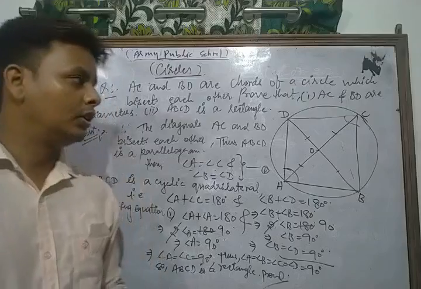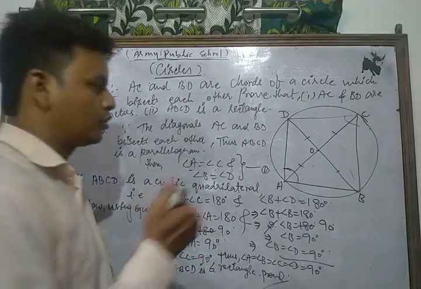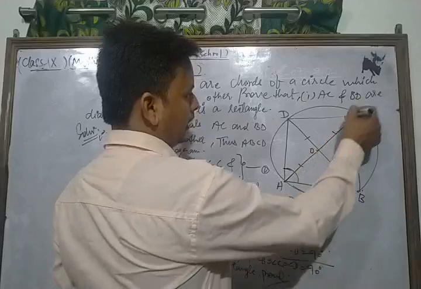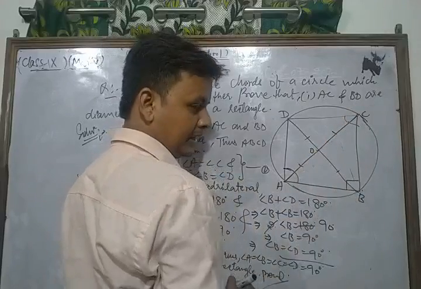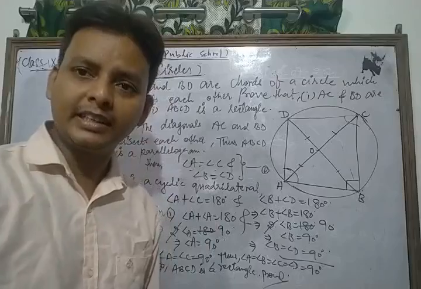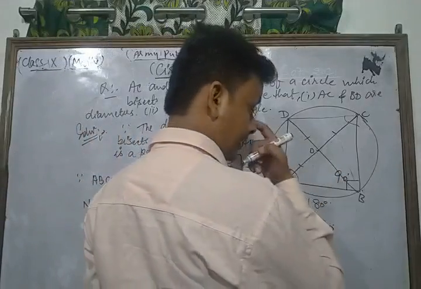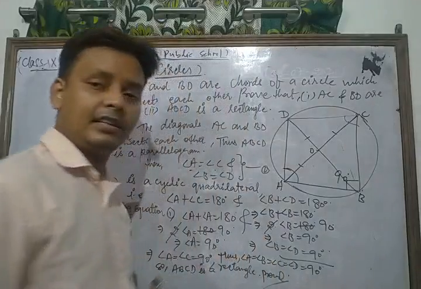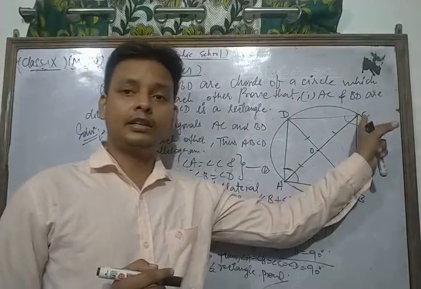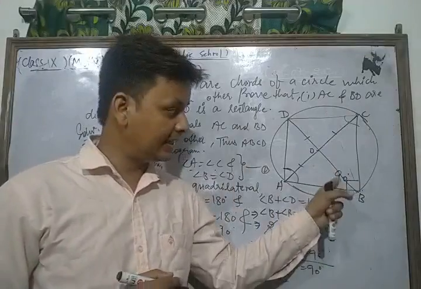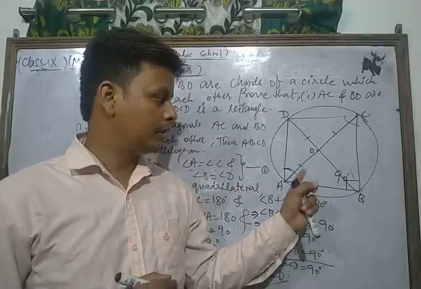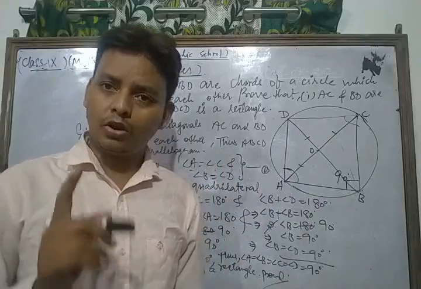It is very clear that they are diameters. Look, if we consider arc ABC, and angle B is 90 degrees, then we know that the angle in a semicircle is always 90 degrees. So angle B is 90 degrees, so we can say that AC is a diameter, because, dear student, if we consider ABC, they form a semicircle and the angle in the semicircle is always 90 degrees. So by that concept, AC is a diameter of the circle.